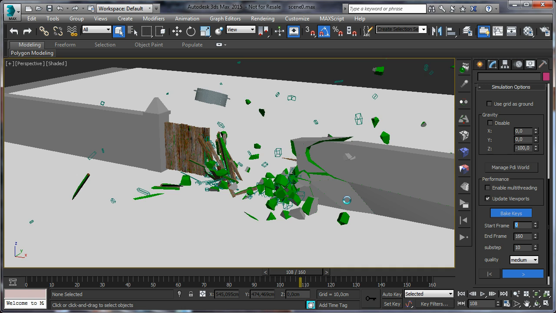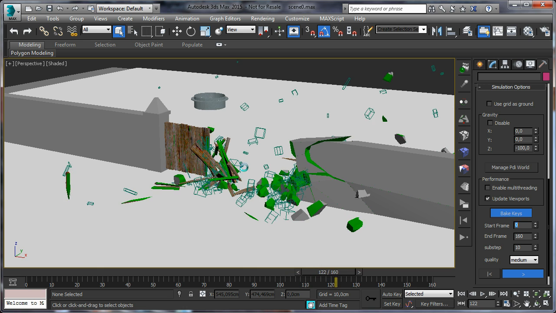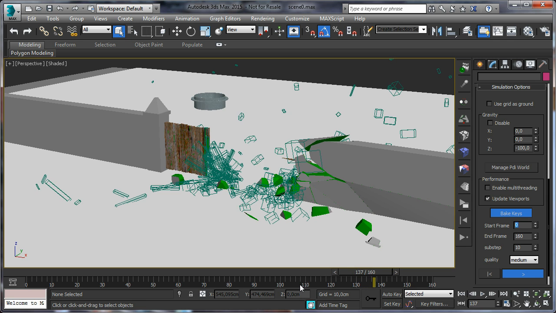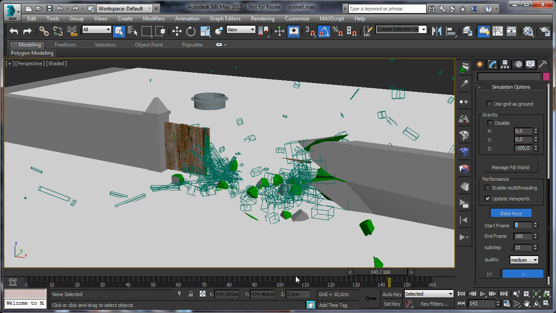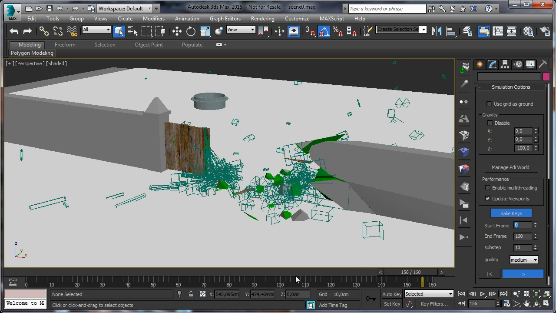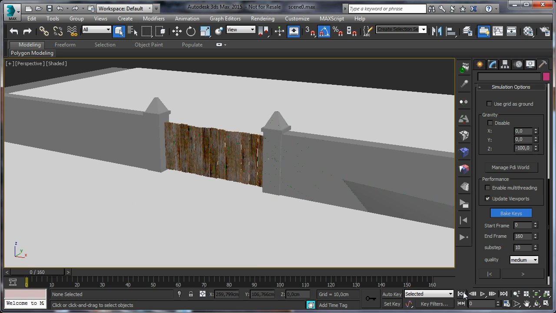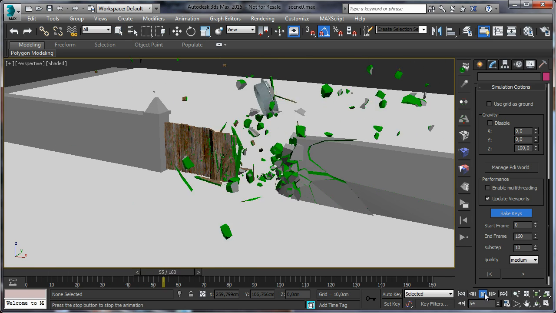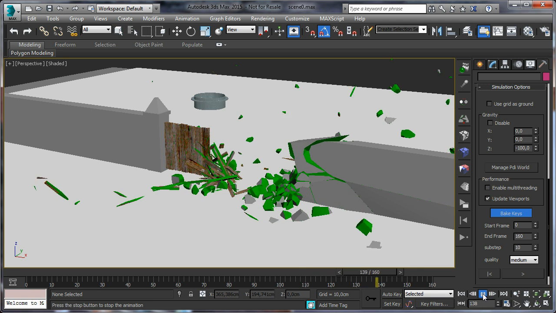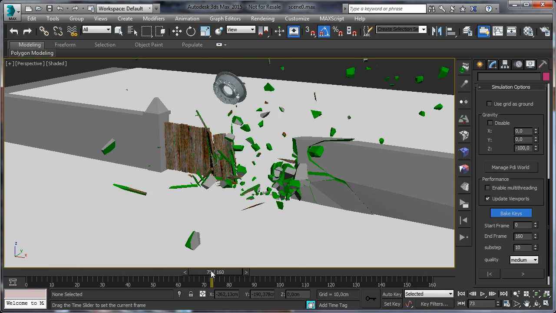Okay, so let's finish the simulation because I like the setup now. Okay, here we are. Let's check the result. Okay, the wall and the fence are breaking, but the left side is standing. I like the result, except